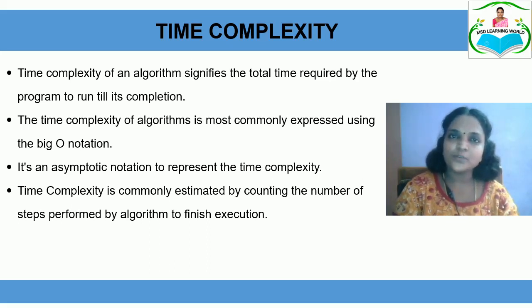Asymptotic growth is nothing but the growth relationship between the input and output. Here, whenever we find the time complexity, we have two factors: the size of the input and the execution time. In the big O notation, there is a direct relationship between the size of the input taken by your program and the execution time. As the size of the input increases, the rate of growth of the size of the input and the time taken to execute the program grow in the same order. That is what the asymptotic growth is.